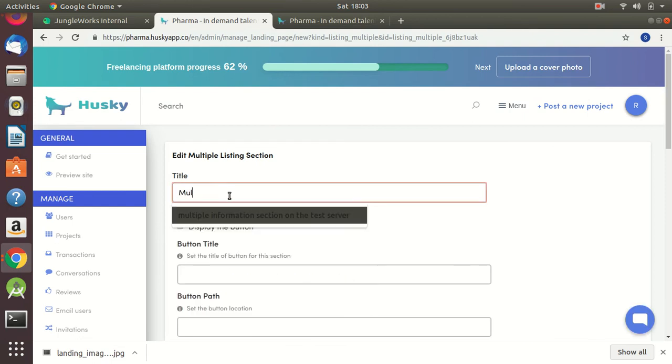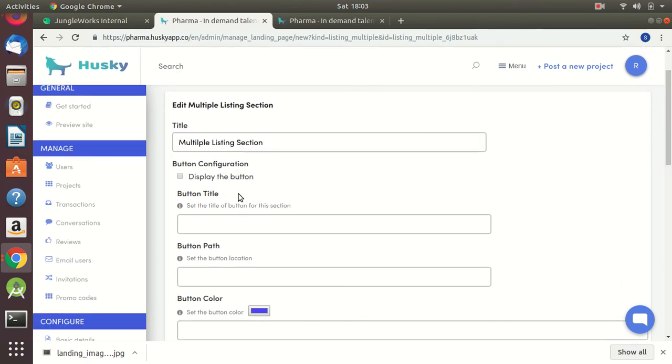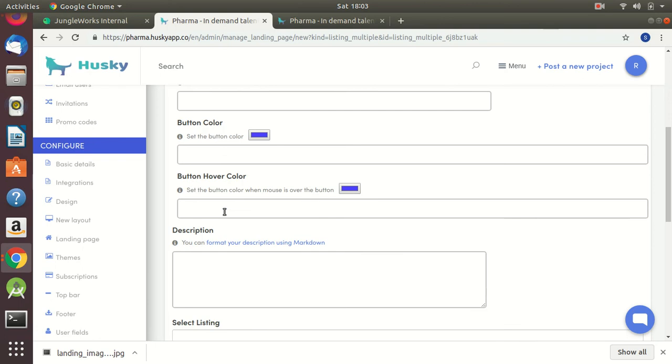So I am giving the title for this section, the multiple listing section. In this section we can list the main 7 to 8 projects on our website in order to attract customers. We can have a button for this section if we want.